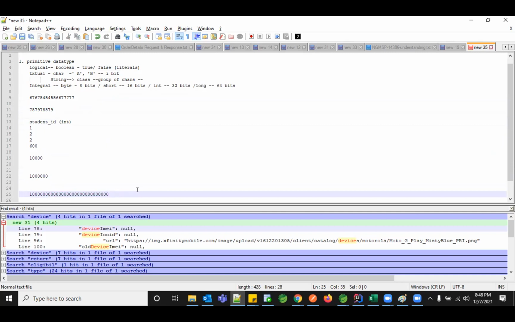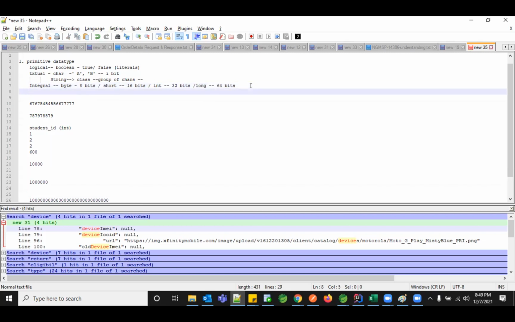So that is why, if you consider that in future your data might exceed what you expected, it's always better to prefer a longer data type over a shorter one. As of now, you're practicing a little bit of programming, so you can go with int. But when you work on real-time examples, always consider using a better data type rather than a shorter one. This is the integral type of data types.